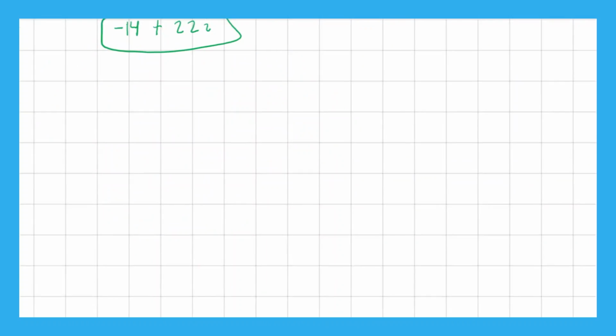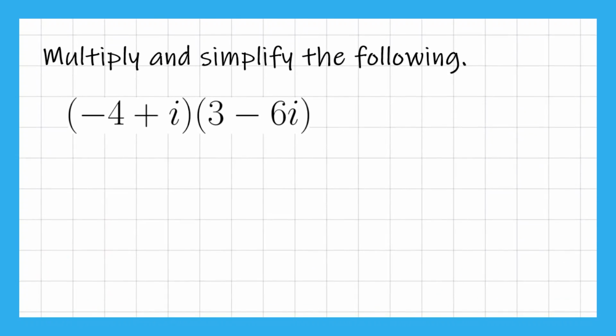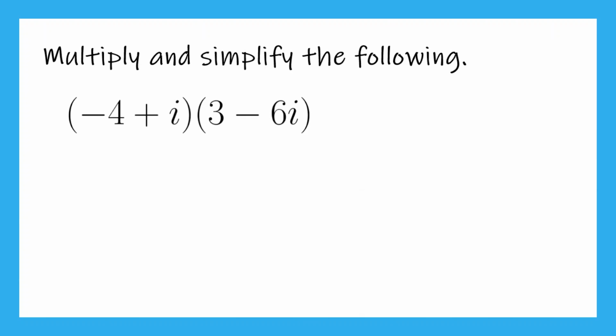Let's do one more example here. This time we have some more negatives, so it's going to be a little bit more tedious. So we have -4, and we're going to multiply that by 3 and then by -6i. So -4 times 3 is going to give us -12. We're going to write -12 right here. Now -4 times -6i will be a positive 24i. So we have -12 plus